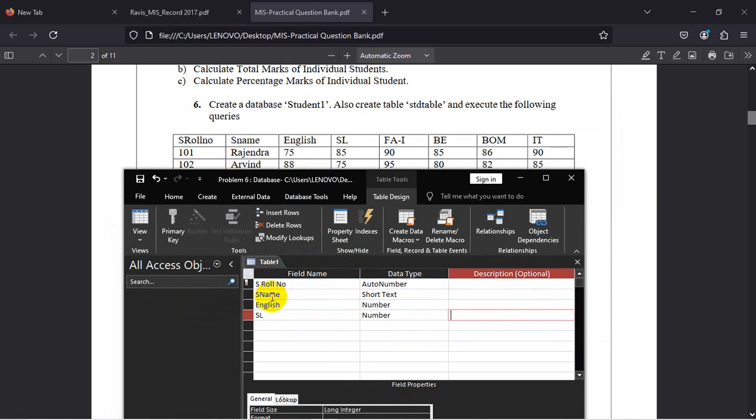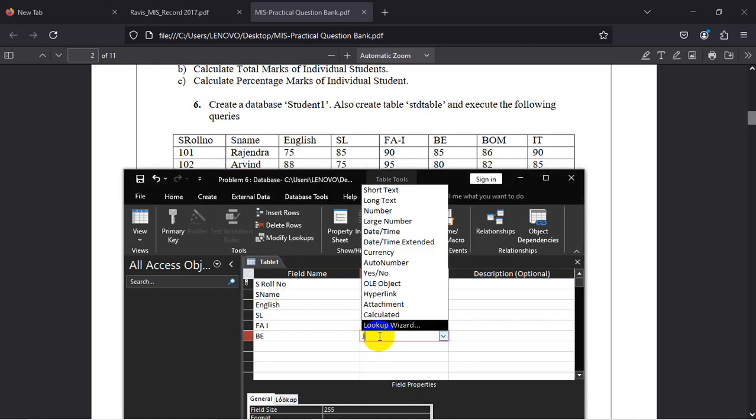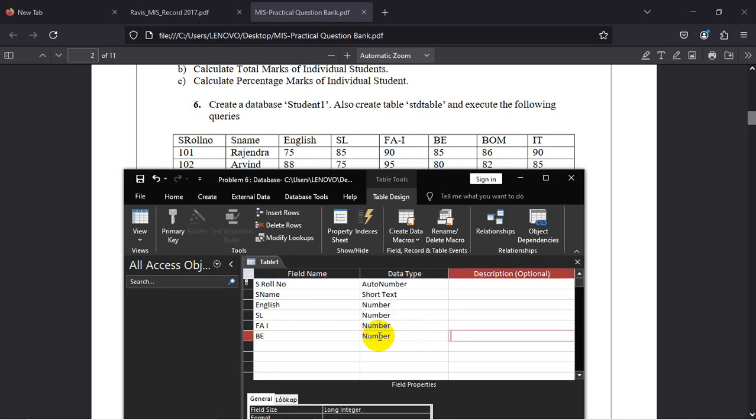Here is number, second language number, FA first one number, BE number, after that BOM number, and IT number, and I want the total of it, so I will give you this total number and average.